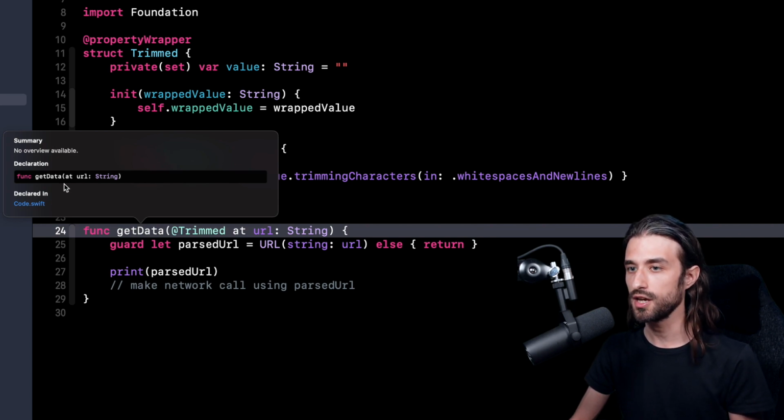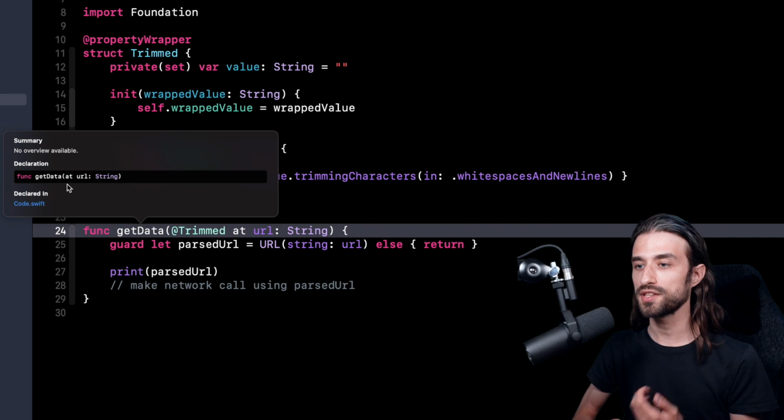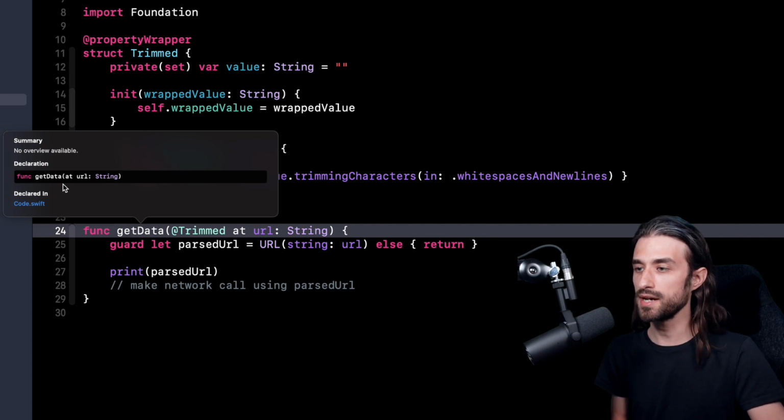It's not a bug of Xcode, it's actually on purpose, because Swift considers the property wrapper that I am using here to be an implementation detail, and as such, it is hidden from the signature of the method. It's a nice thing because it means that it's not part of the API, so we can decide to remove it later, and it won't have any breaking change on existing call sites. But at the same time, we must also keep in mind that the person who calls this function might not necessarily be aware that this property wrapper is used. And so if we want to make sure that the caller is aware of it because it makes sense in our context, we will still have to write it explicitly in the documentation of the function.